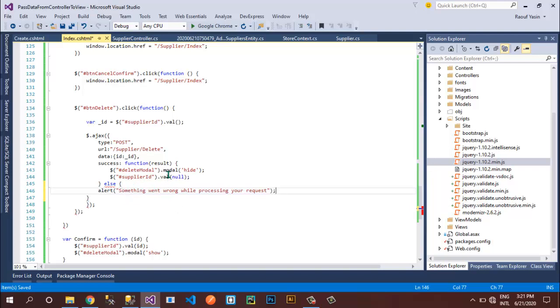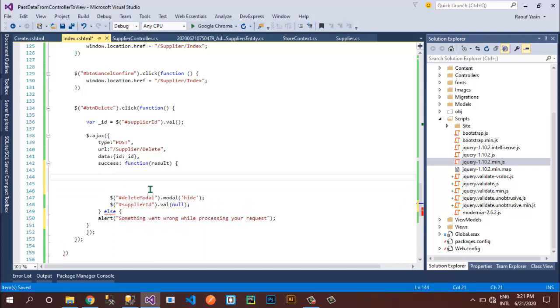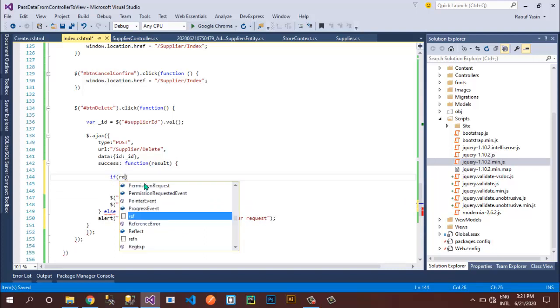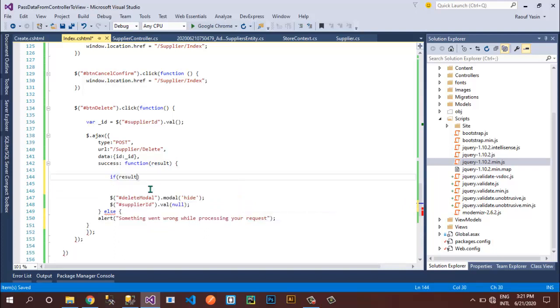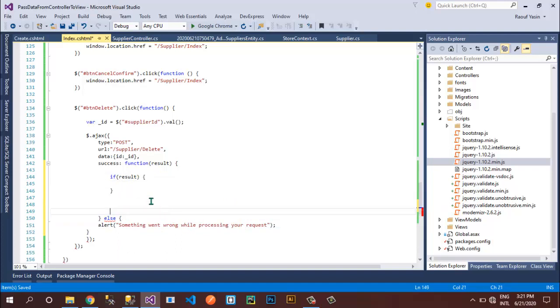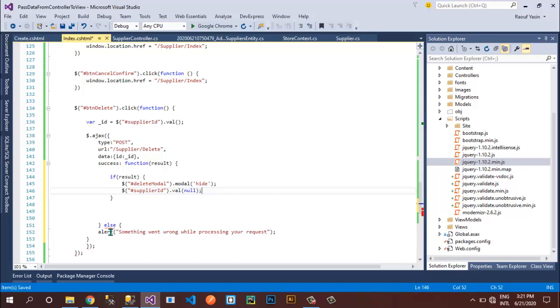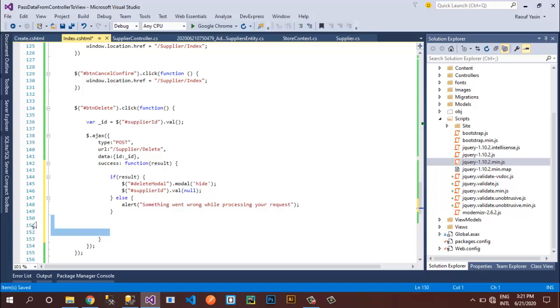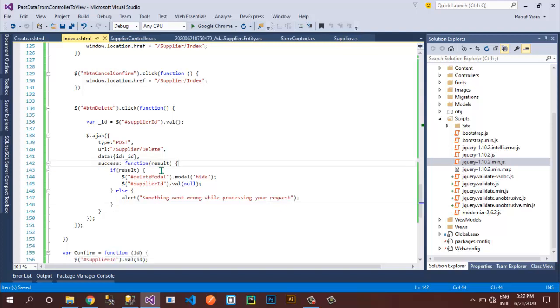So inside this success function I'll have to use this result variable. If result is equal to true, then do this thing, and otherwise I'll create this else statement as a part of this result. Perfect. We are receiving that result inside this success function.